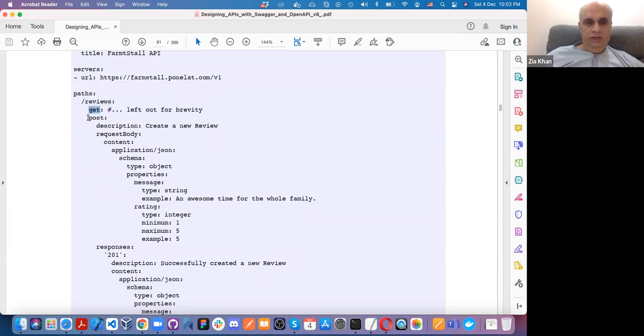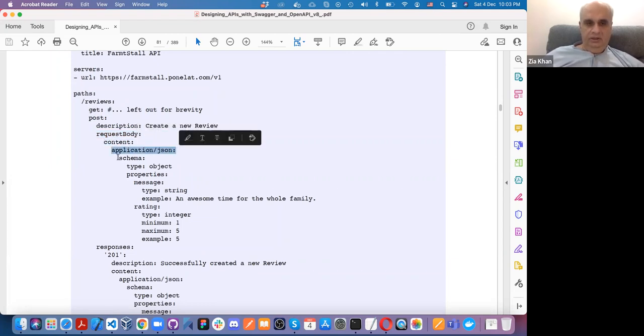Now we are going to cover the post. This was the path. This is the REST method get. Now this is the REST method post. And look and see, in get, we did not have any request body. Here we have a request body, and we use exactly the same JSON schema to define the request also. So look at this. It has content just like in the response previously.